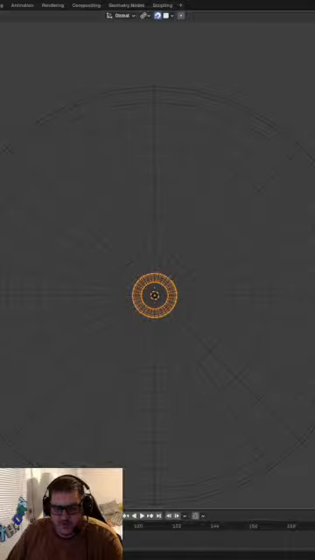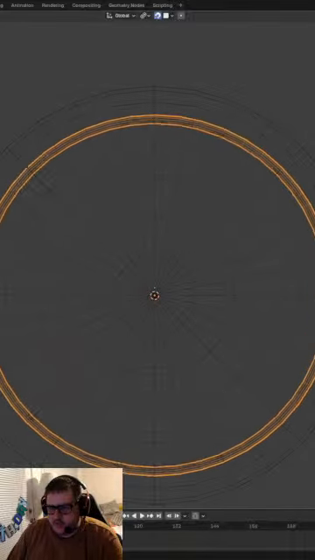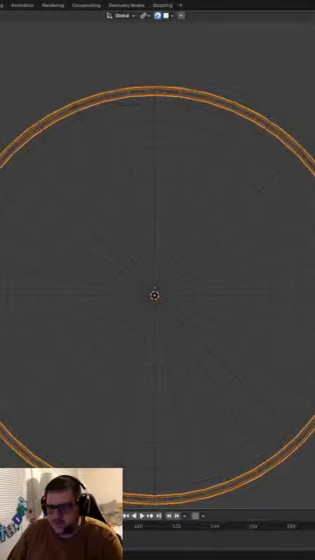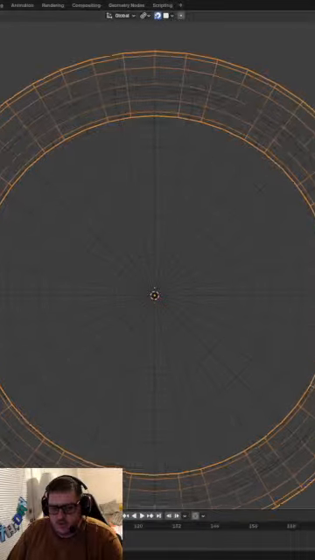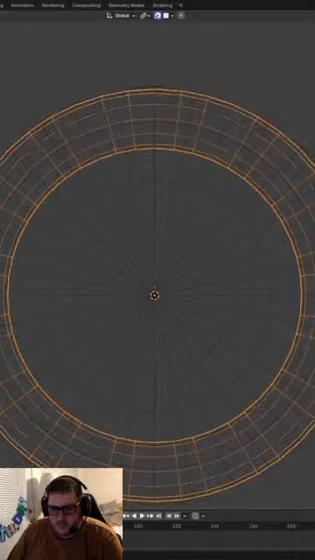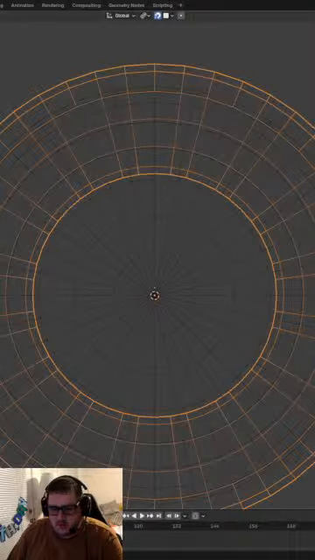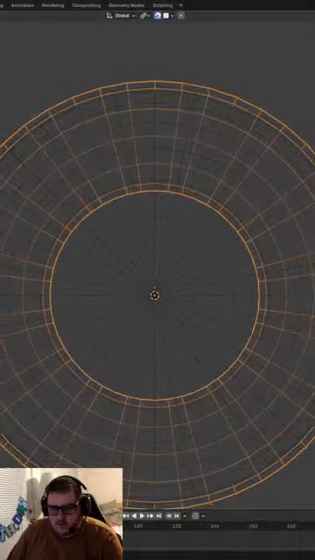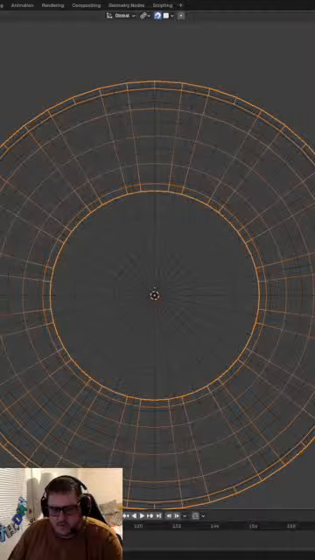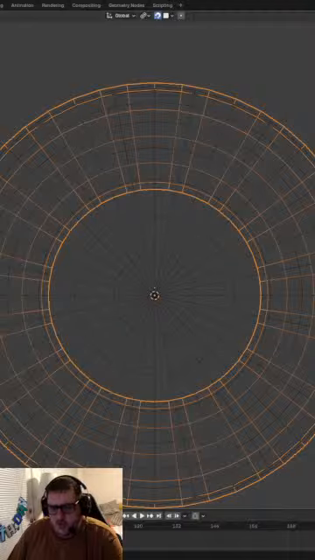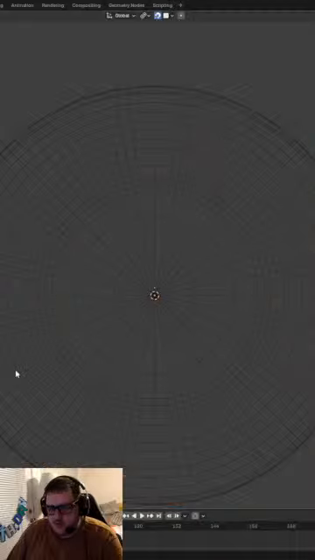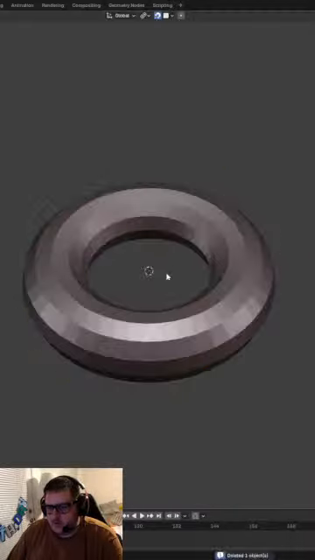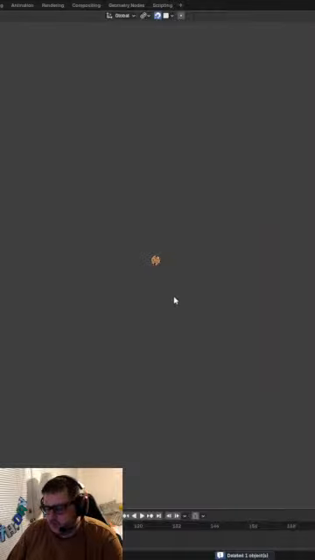Okay, let's scale up our size. So our major radius, we want to scale it up like so. Our minor radius, I think that looks pretty good. I know the scale on this is all messed up right now, but I think that should look good.